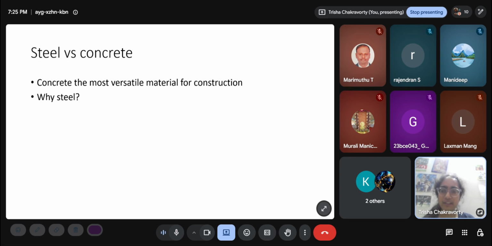You don't come and pour steel anywhere. All the steel elements are brought in solid, in bulk from the factories, and then you have to assemble them at the site. So it's not that versatile, because from the factories you only get certain fixed cross sections, dimensions, and arrangements, and you have to work within those. In concrete, you can go for any width, any length. Plus it is cheap also. So why do we go for steel?